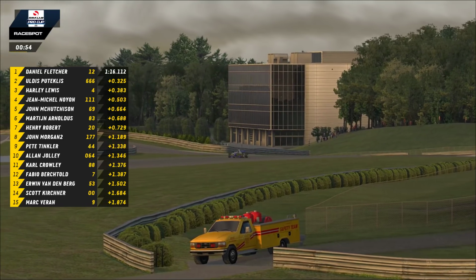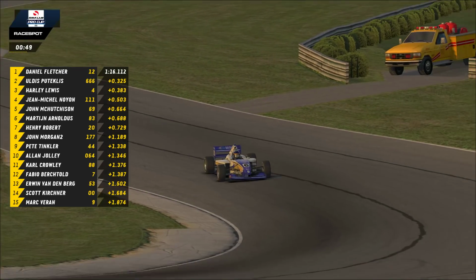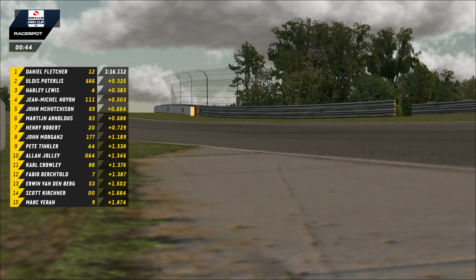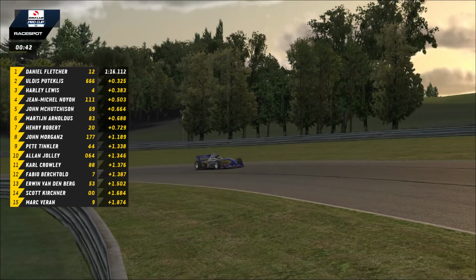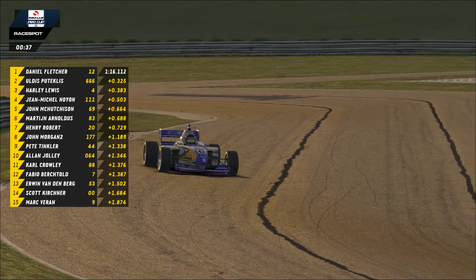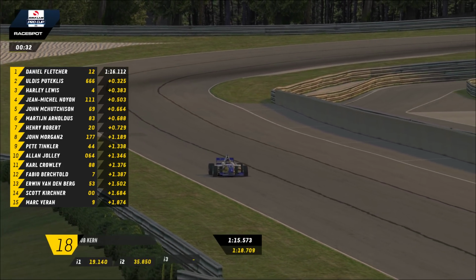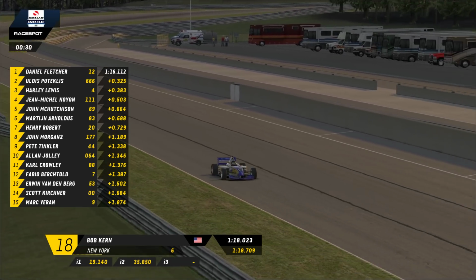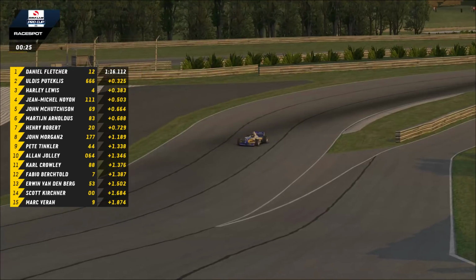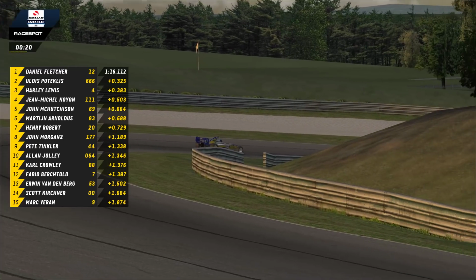Don't see too many other cars on the racetrack currently running qualifying times. Bob Kern is putting in his third and what should be final qualifying time based on the amount of time left in the session. First one doesn't have him in great positions. 118.7, currently 18 of 18 cars that have run qualifying times thus far, but let's see if Bob can improve. Comes off the final corner. He's going to scream on down towards the front straightaway. And does he find time? Yes, he does. Goes to a 4.77. Doesn't improve his actual position, but that's still 3/10 and will get him sort of closer to the rest of his competition as Bob